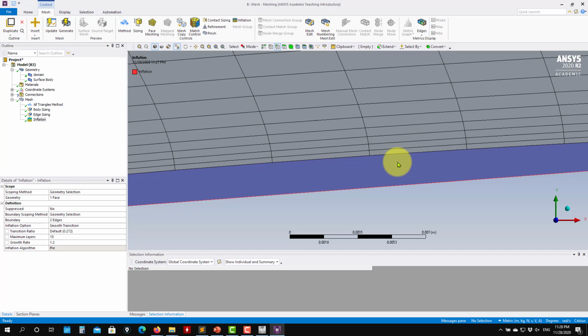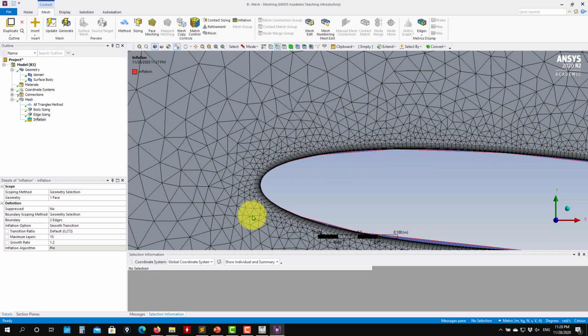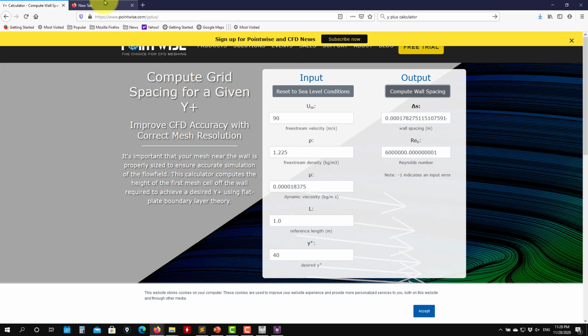Okay, so to resolve the boundary layer, here I will give you a guideline. For us, that is related to Y+. So as you go to the internet and look for a Y+ calculator, you will find